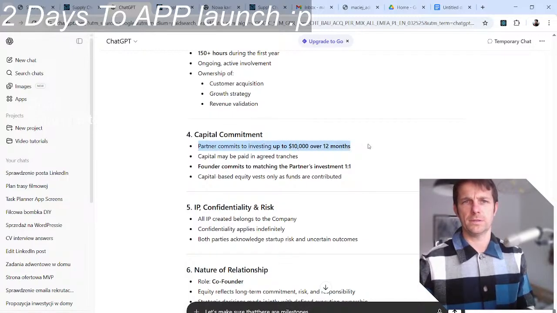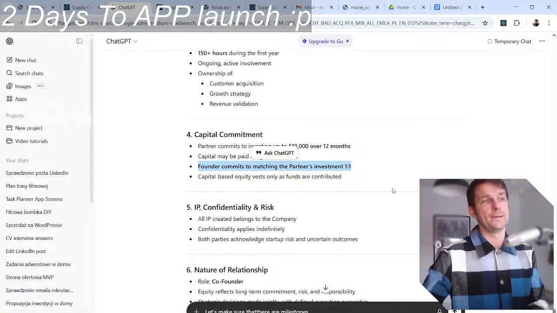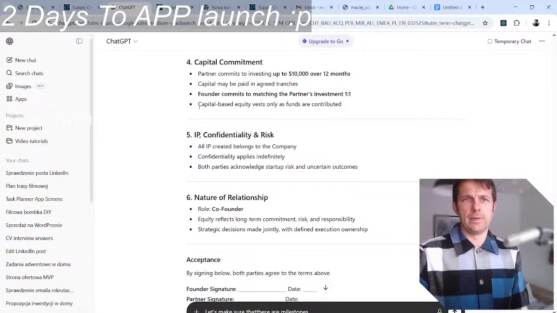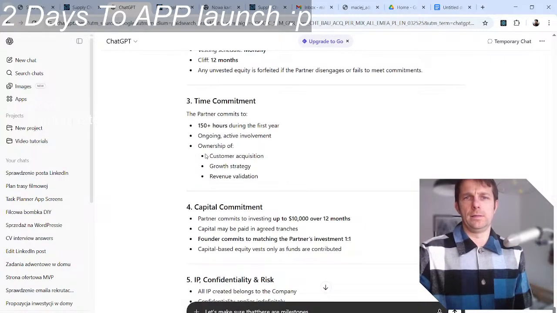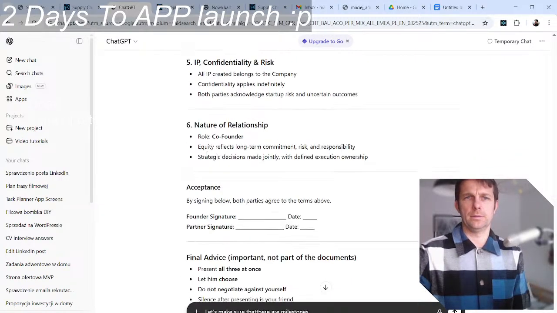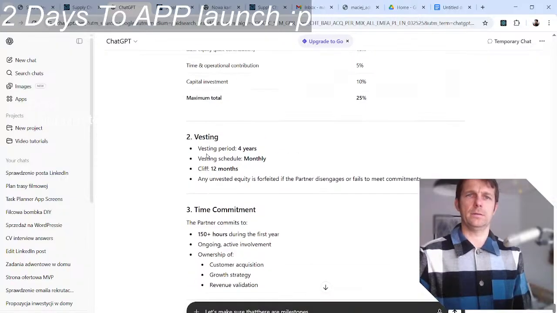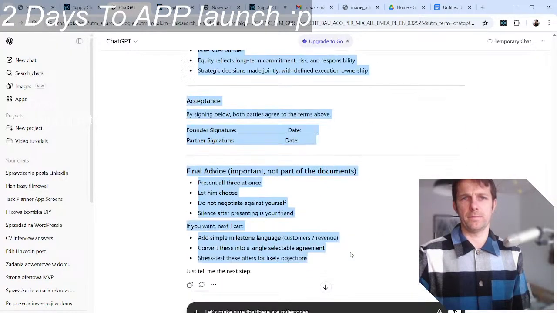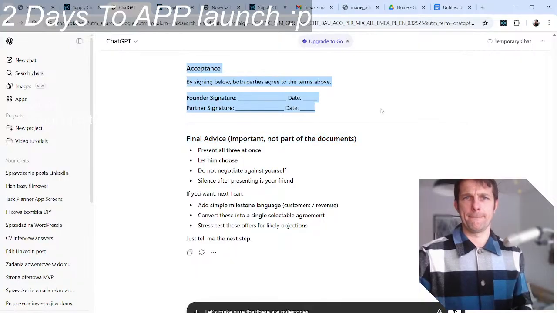Partner commits to investing up to 12,000 over 12 months. Capital might be paid in agreed tranches. Founder commits to matching the partner's investment 1-to-1. Yeah, okay, I think I can do that. 1-to-1. Yeah, that's fine. Document offer 3, scenario 3. Yeah, okay, let's just